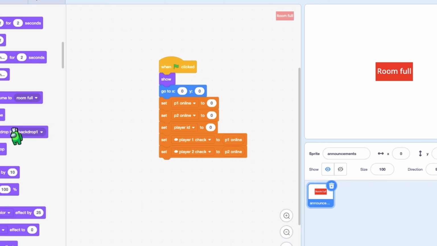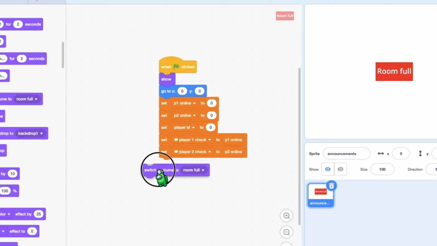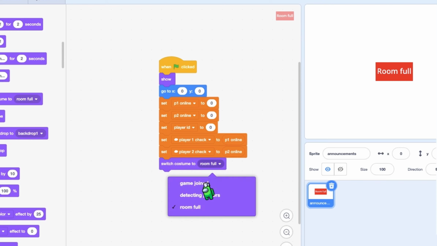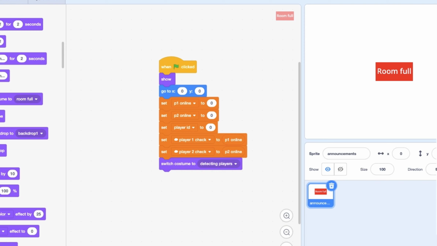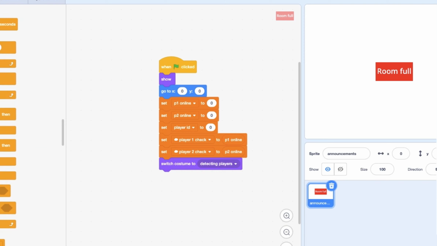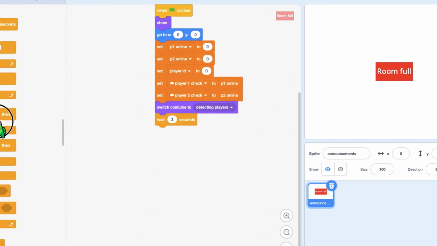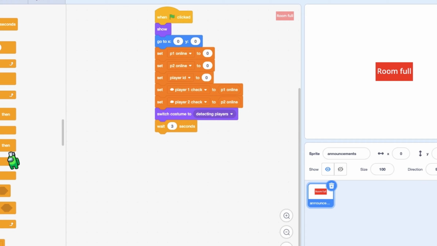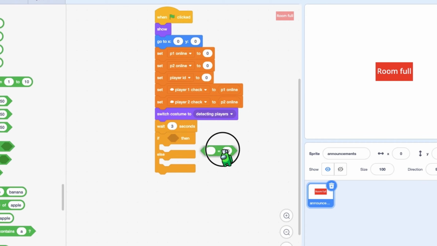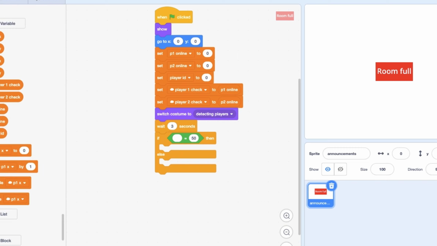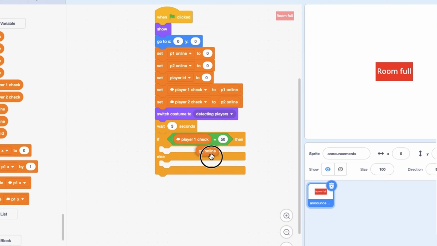Now, switch costume, detecting players, wait 3 seconds, and actually this has to be if else. If I'm going to say, player 1 check equals P1 online,